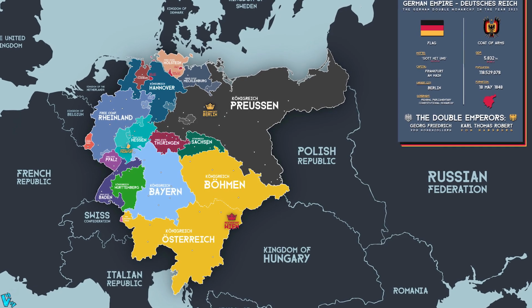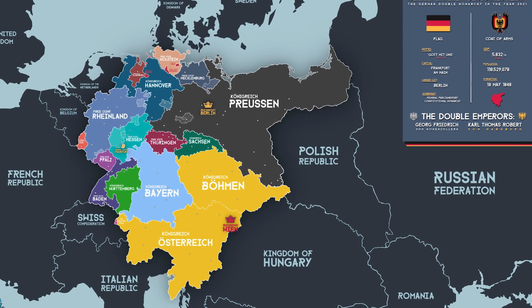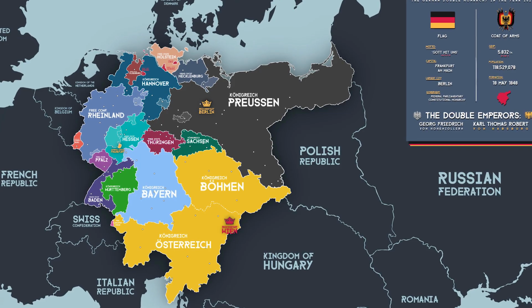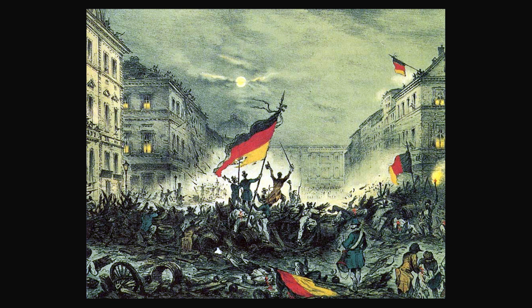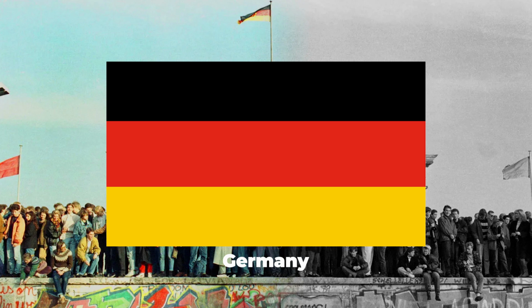The German association with the colors black, red, and yellow dates back as far as 1840, when the Frankfurt Parliament declared black, red, and gold as the official colors of Germany. The colors are said to represent democracy, and the current form of the flag was introduced following Germany's reunification in